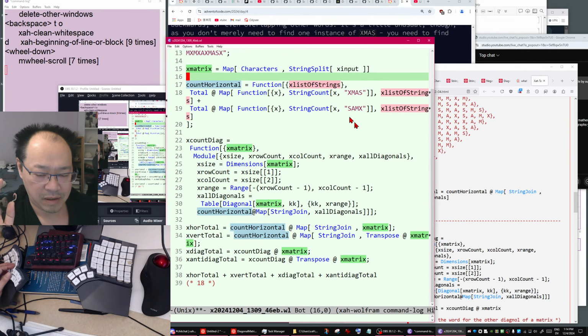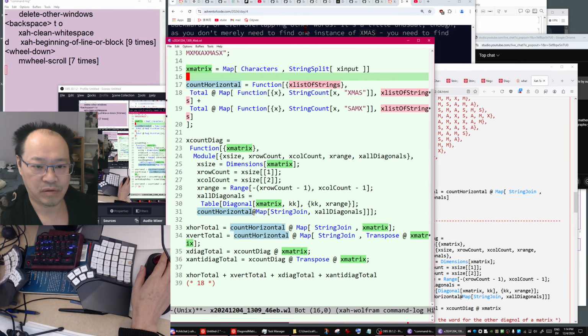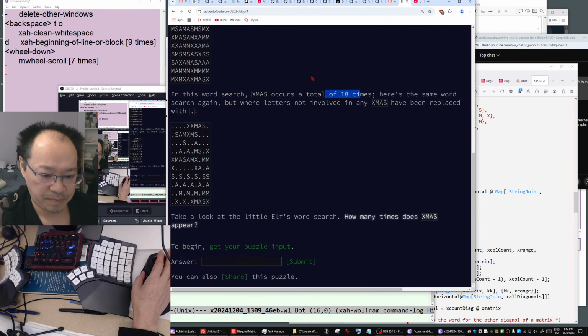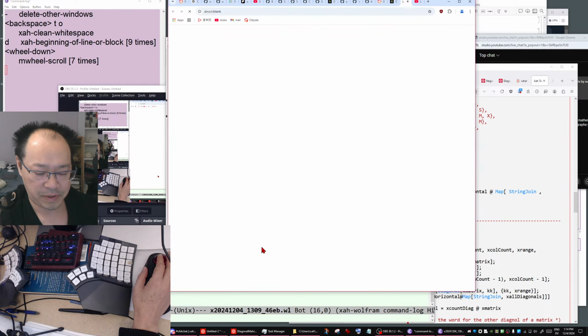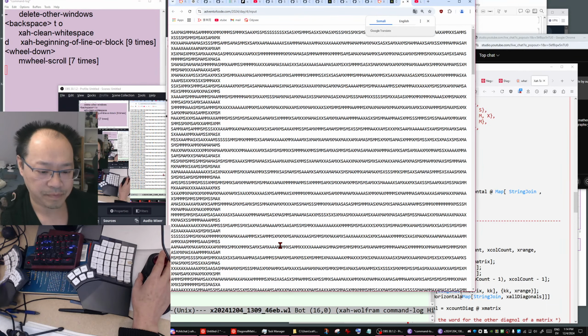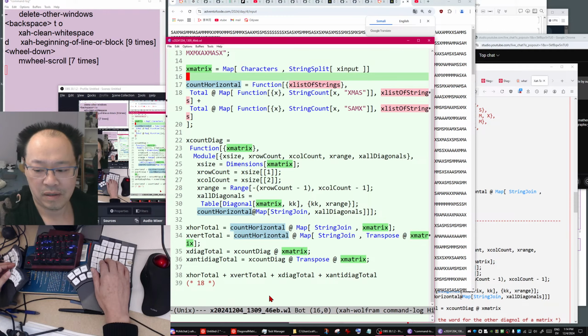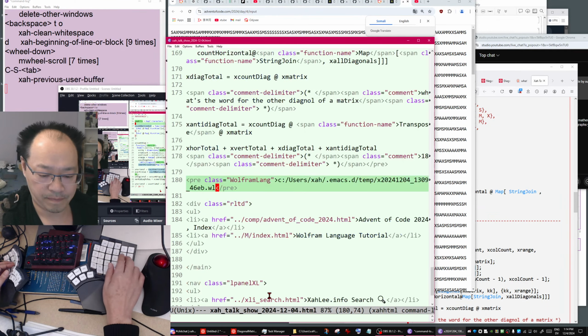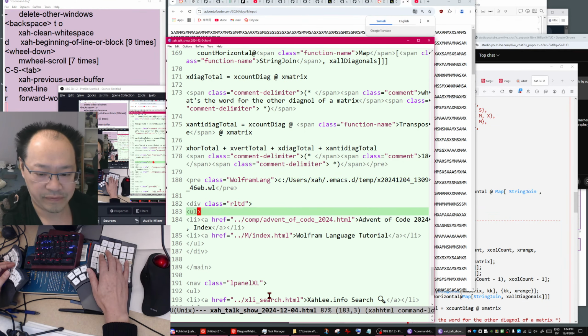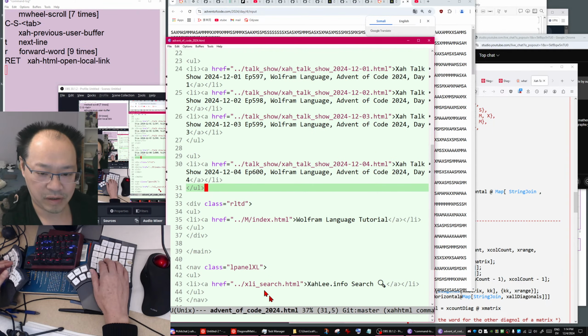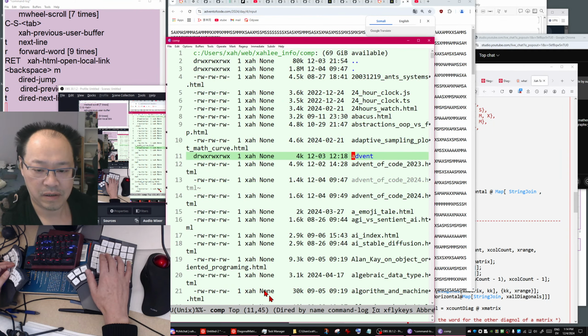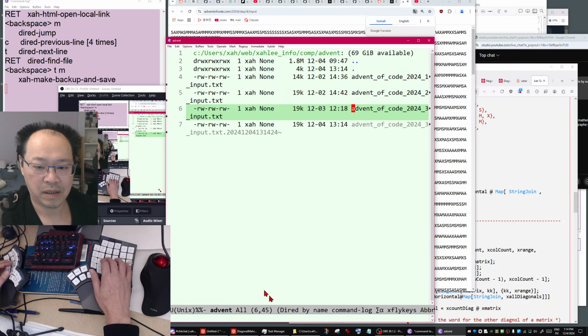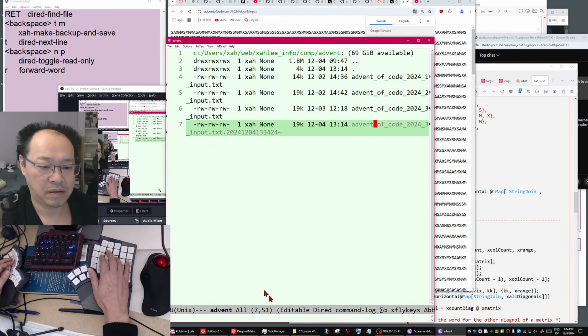Now you want to try your personal input. So let's get your personal input. Okay, so now we go to save advent of code, make a copy, and this is day 4.